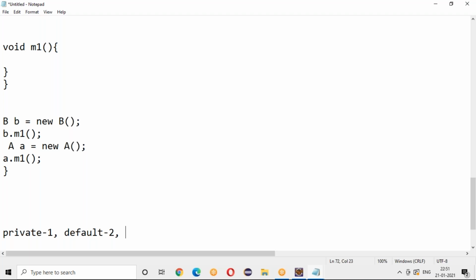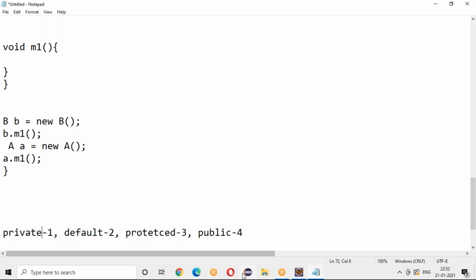Next you have default, next you have protected, and next you have public. So a higher number gives more accessibility. So 4 means this has more accessibility, 3 less, 2, and 1 means very little accessibility, within the class.